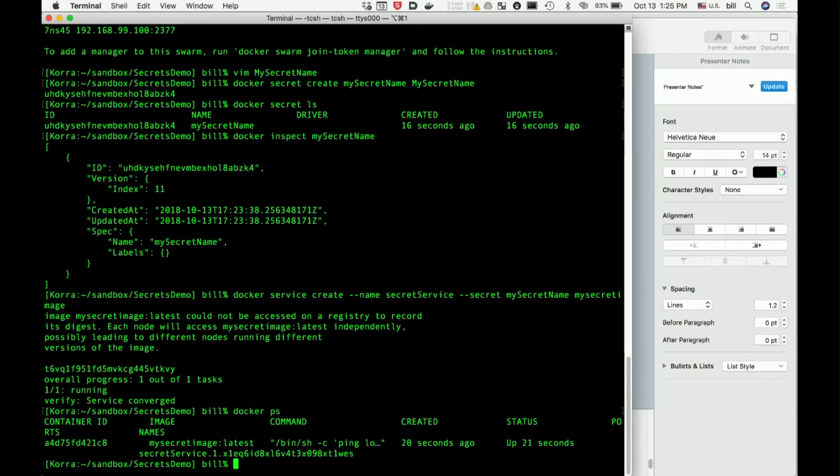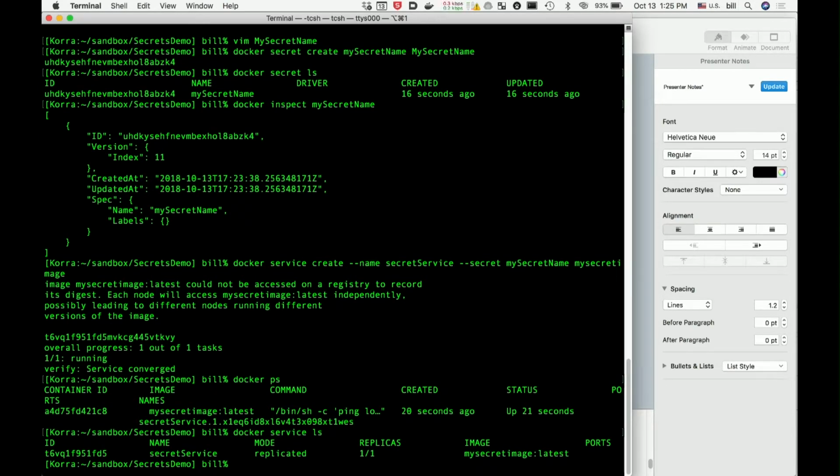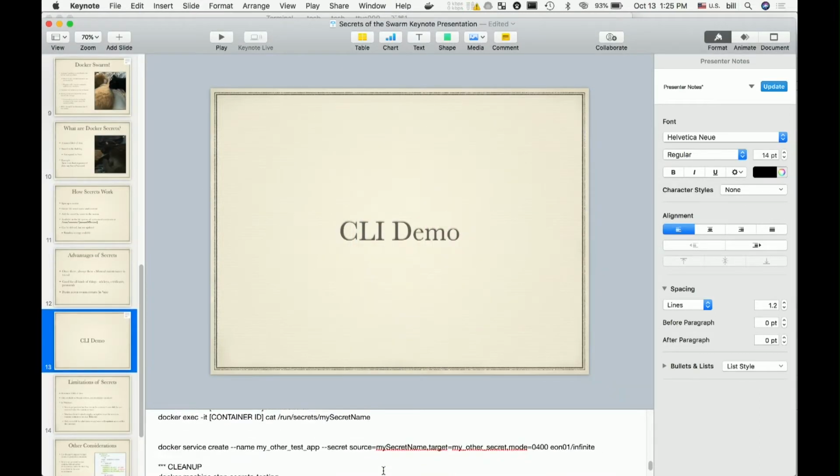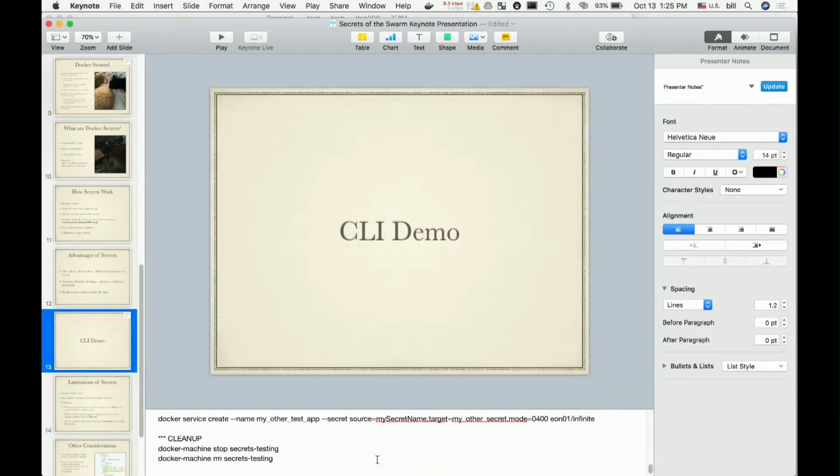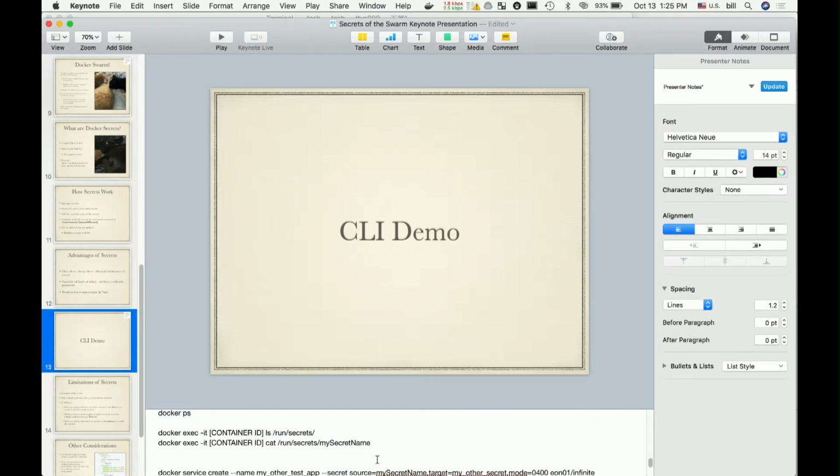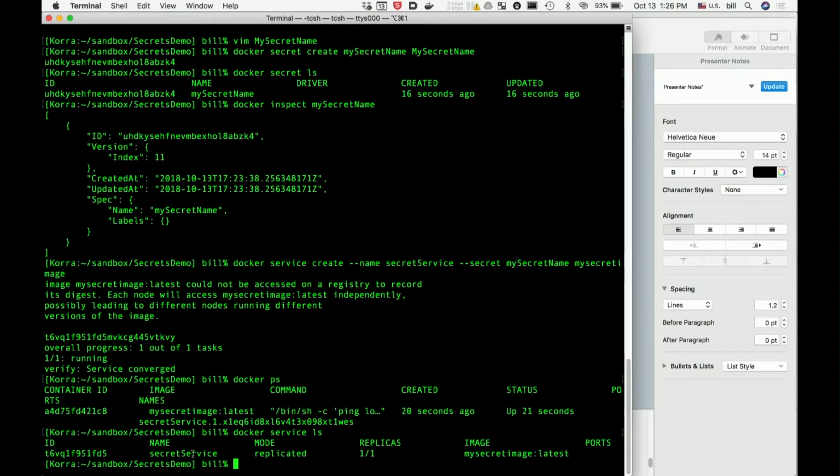Oh yeah, forgot the docker service ls. I think that's the same thing. No, that's the service. Okay, and now, all right, the docker ps gives us the container ID, and that's what we need to see what's going on inside the container.